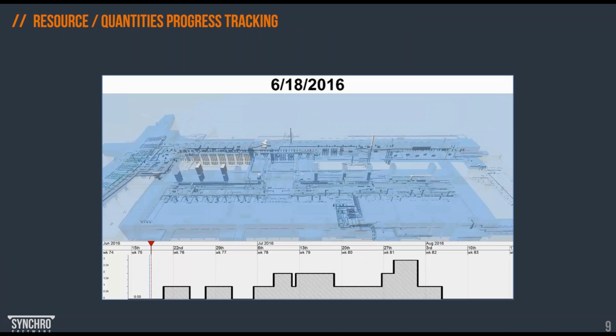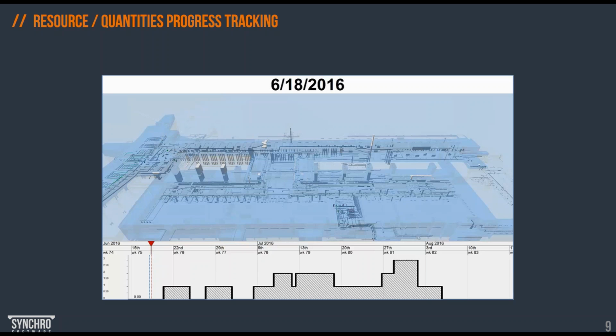Resource quantities, that's another important thing for us, because every resource that you assign to a task, we can quantify it, we can calculate it, we can summarize the tonnage, we can summarize the cubic meters and every measurement unit.